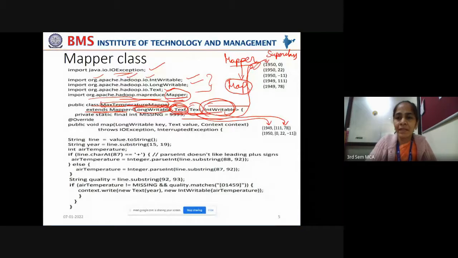In this case, 111 and 78 are recorded in 1949, and 0, 22 and minus 11 are recorded in 1950. So the first argument in the key-value pair represents the year, and the second represents the list of temperatures recorded.